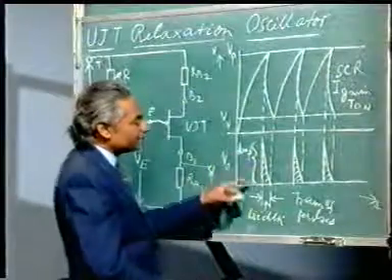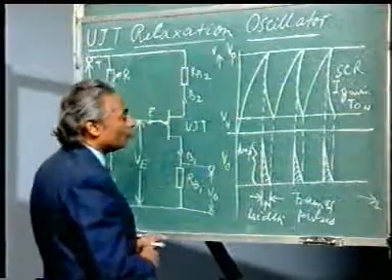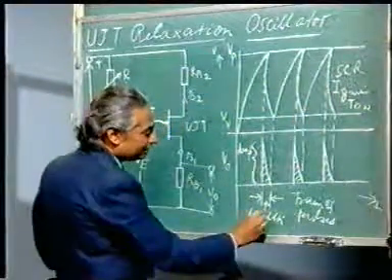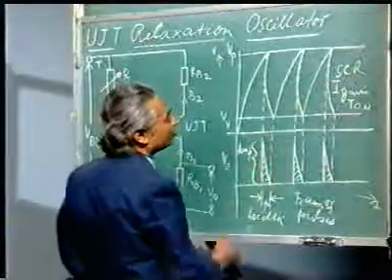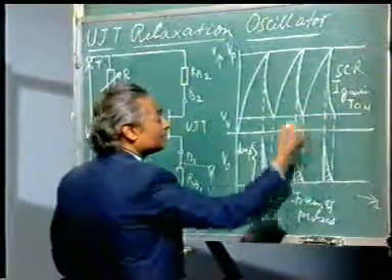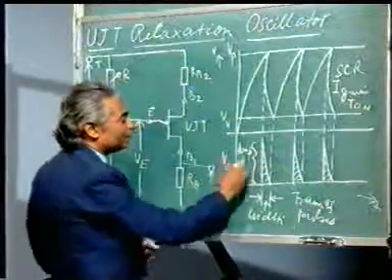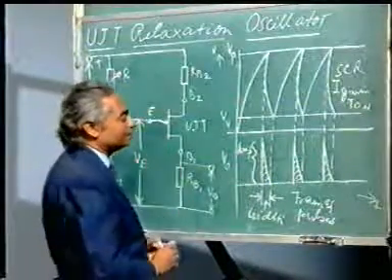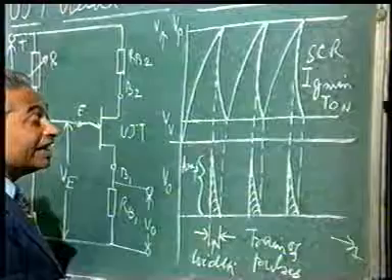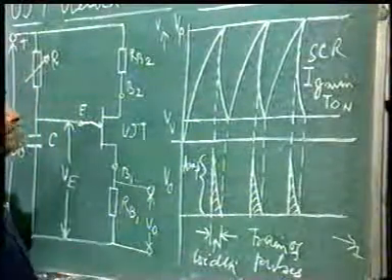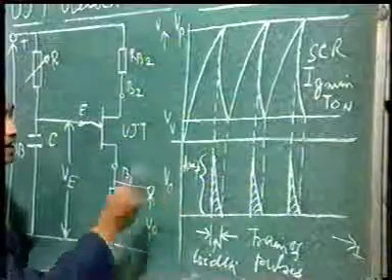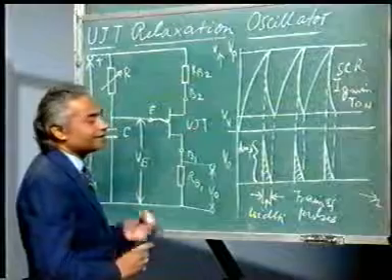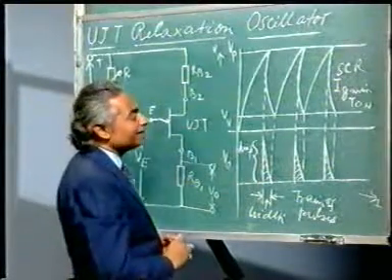Now here, since we are using these pulses as triggering pulses, the amplitude of the pulse must match with the Ig minimum of the SCR and the width of the pulse must also match with the turn on time. If the width is lesser than turn on time, the device will not conduct. If the amplitude of the pulse is less than Ig minimum, it will also not conduct. So that is very important. Now since we are using these pulses as triggering pulses, we say that UJT is a triggering agent. And since these pulses are developed with the help of a relaxation oscillator, we say that the relaxation oscillator is a triggering device.